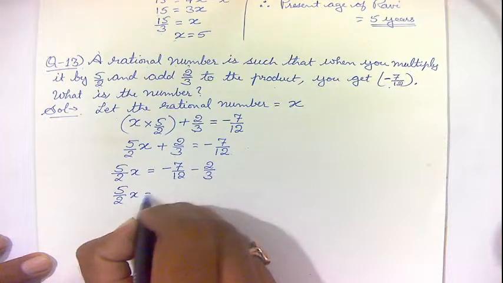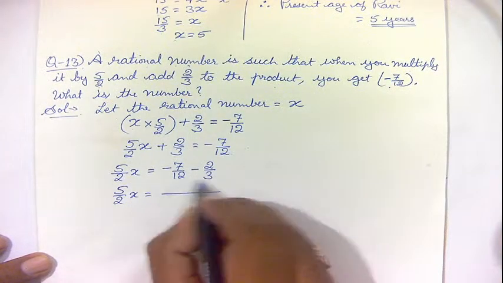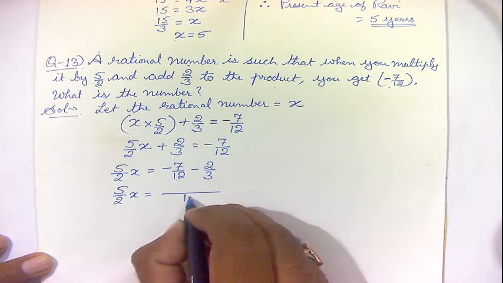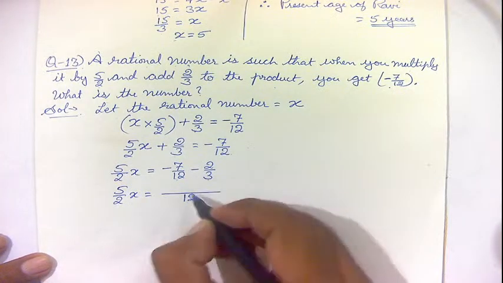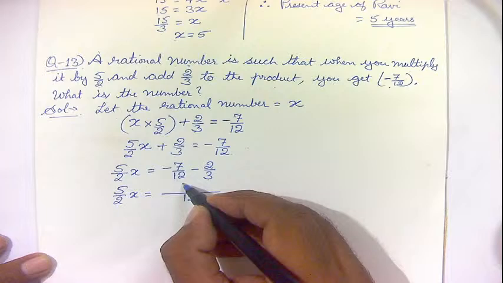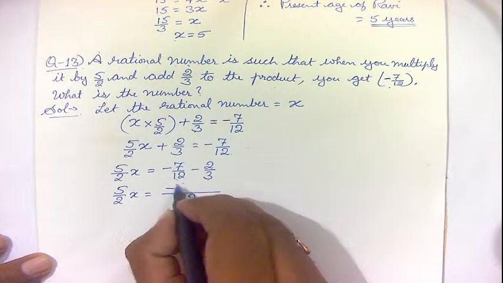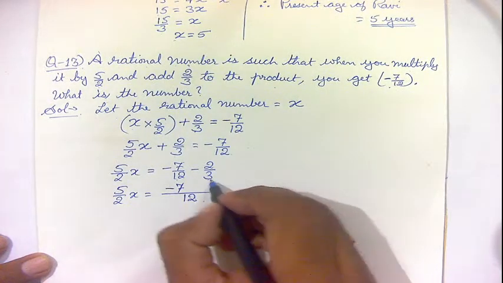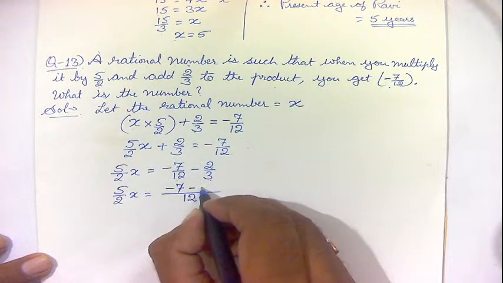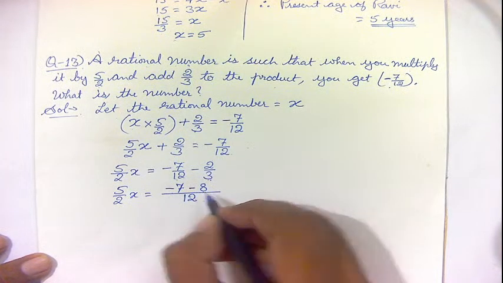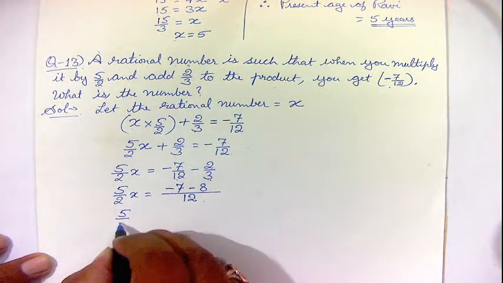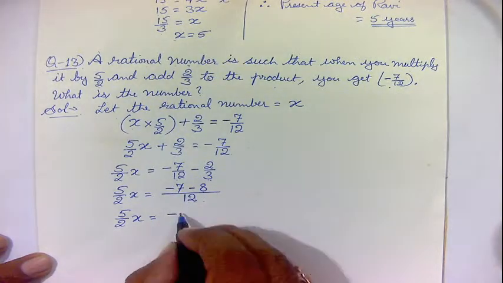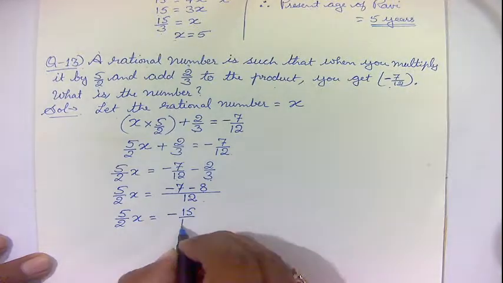So 5 upon 2X equals, in order to simplify the fractions, we will be taking the LCM of 12 and 3. The LCM of 12 and 3 is 12. 12 divided by 12 gives you 1. 1 multiply minus 7 is minus 7. 12 divided by 3, it is 4 times, and 4 multiplied by 2 gives you 8. So you have minus 7 minus 8. So we get 5 upon 2X as, now minus 7 and minus 8 both being negative, you get minus 15